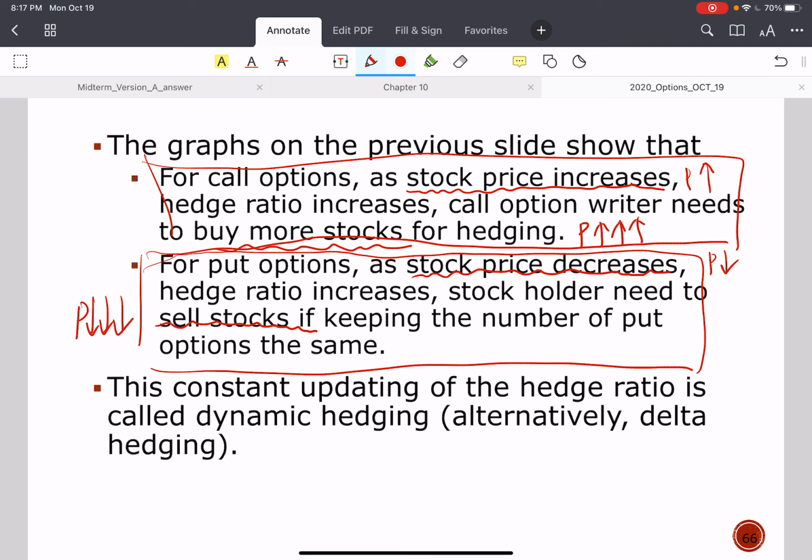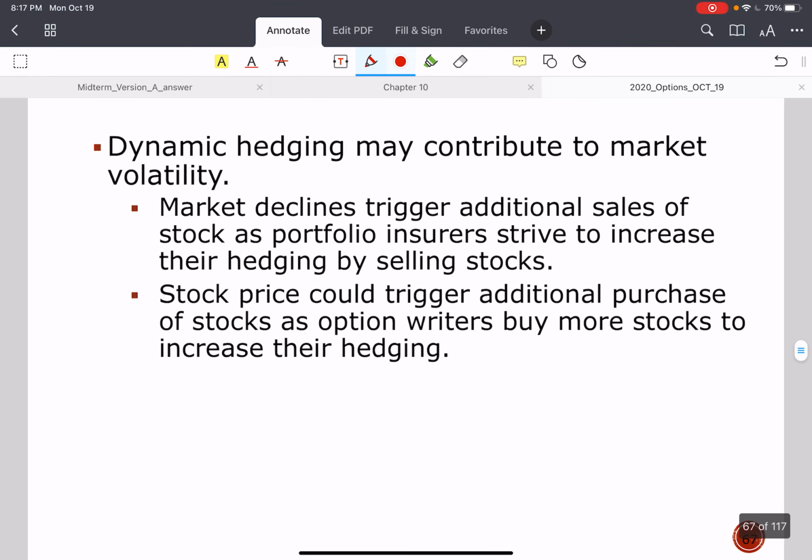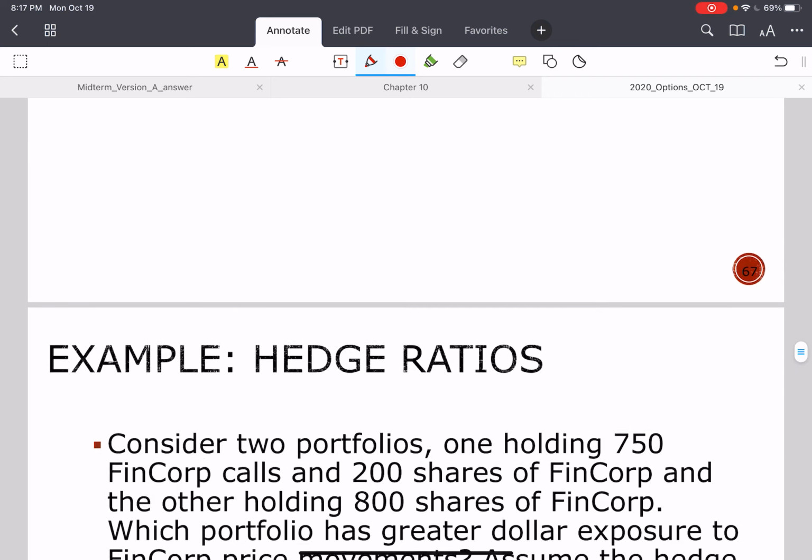So the implication here is like this. This hedging technique will increase market volatility. That is, if the market declines, then hedgers will sell shares, so the market will decline more. If market price increases, these hedgers will buy more stock, so this will push market price higher, right? So basically this means hedging increases both the upward movement and downward movement. Okay, that's for